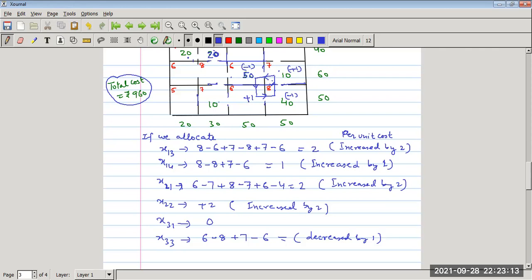क्योंकि अगर यहाँ allocate करने से cost एक item allocate करने से ₹1 कम हो रहा है. So our goal is कि इस point पे what we do, we have to allocate maximum number of items in this point. लेकिन हम maximum allocation कैसे कर सकते हैं? It also depends upon कि it satisfies the supply and demand constraint. So मान लो if we allocate, हमने यहाँ 1 item add की थी, 1 की बजाय what we do,